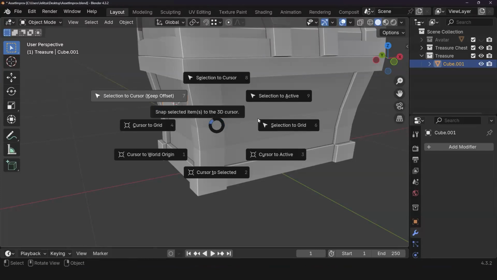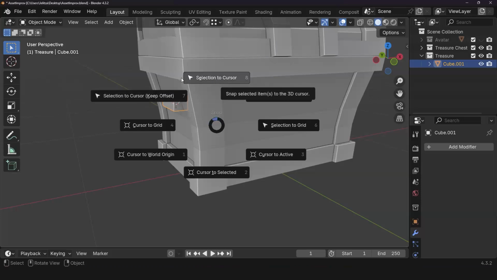Selection to cursor is really cool because that means if I have something in outer space and I want it to go right where the cursor is, I can use this. Selection to active means anything active, the selection will go to.